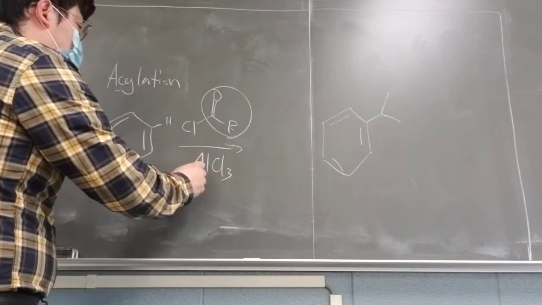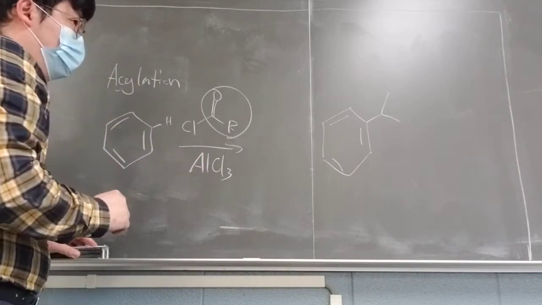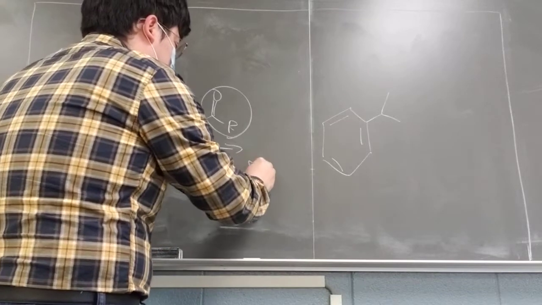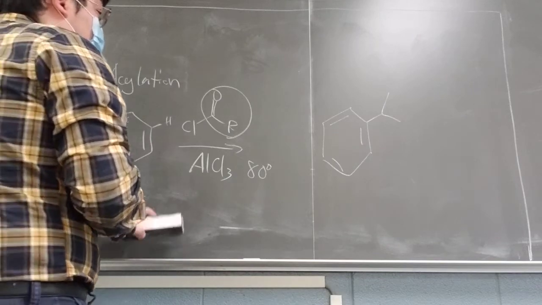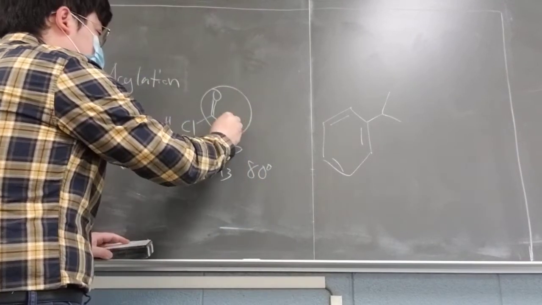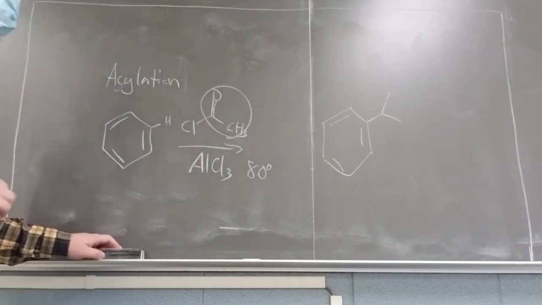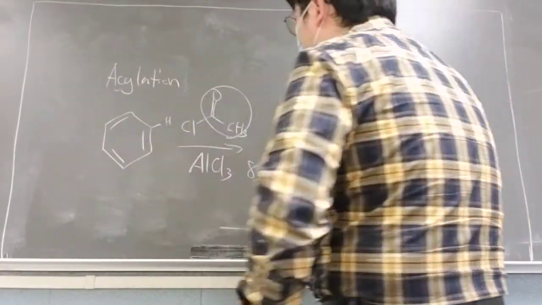So you have this one, and then you have a little bit of high temperature. So it's pretty much the same. What happened to this one? Let me give you one specific example, putting this R group as the methyl group here. So if you do this one over here, what happened to this one is